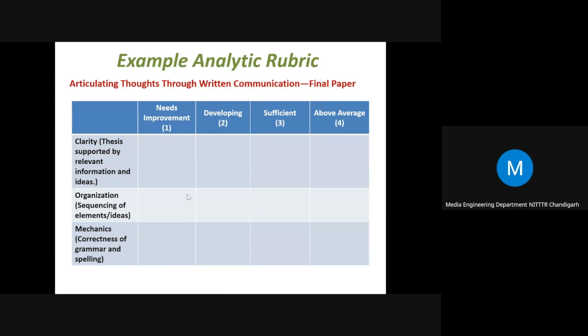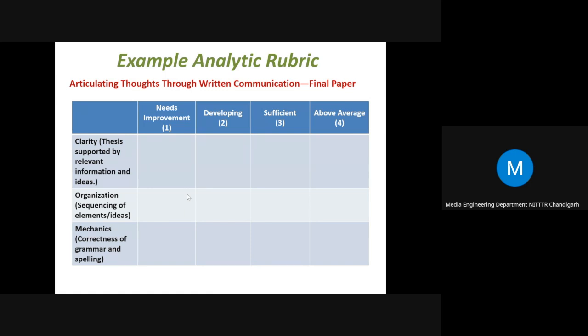Criterion 1 is clarity, criterion 2 is organization and sequencing, criterion 3 is mechanics, right? Now we'll be awarding these grades: needs improvement, developing, sufficient, above average, with respect to each criterion. First, we'll see whether the student work matches the above average grade for clarity.